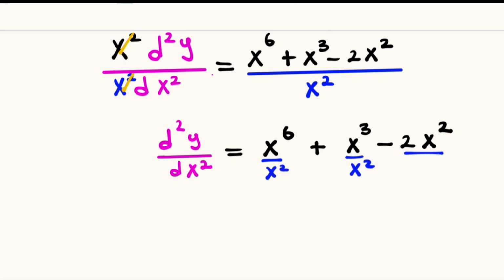So every term on the right hand side is divided by x squared, and that x squared and that x squared will cancel out each other,